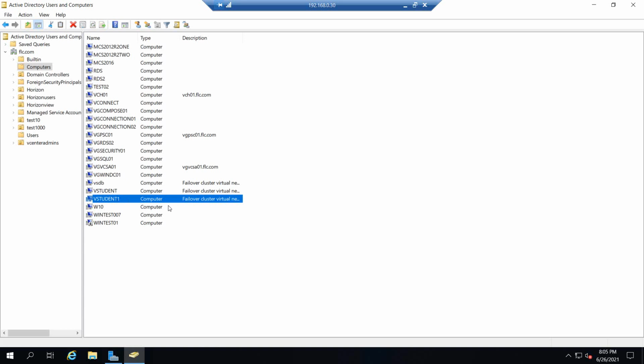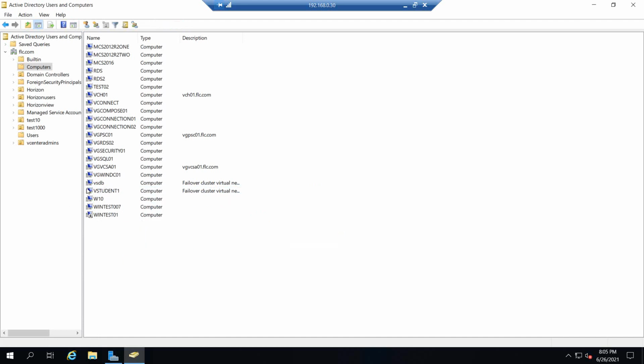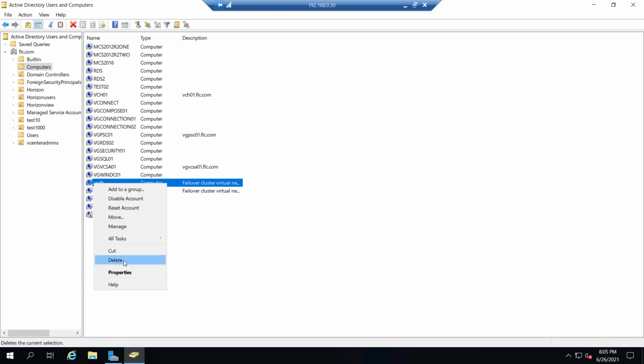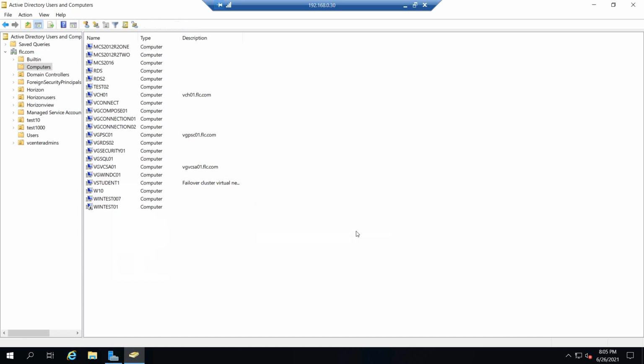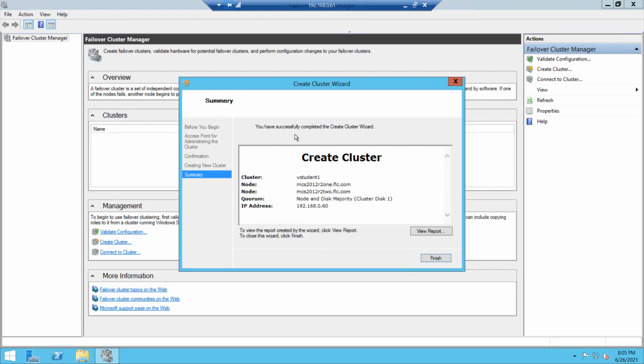See, the new computer object is created. Now we'll delete this old one. It's better to clean up old computer objects to avoid conflicts.